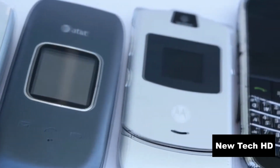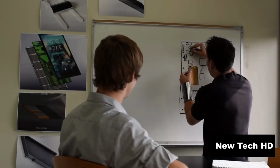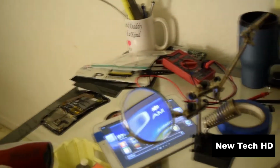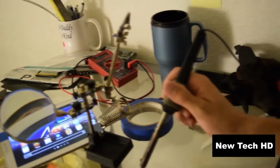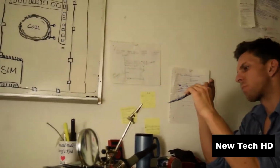Whatever happened to the days in mobile when companies were constantly pushing the boundaries of innovation and design, putting out products that were sometimes even considered wacky? We needed to design a device that was not only an incredible phone, but also an amazing wearable. I used to repair a lot of phones that had cracked screens or were water damaged, and did it quite frequently. And when I took apart a lot of these phones, I noticed that a lot of the brands shared similar construction and design techniques,